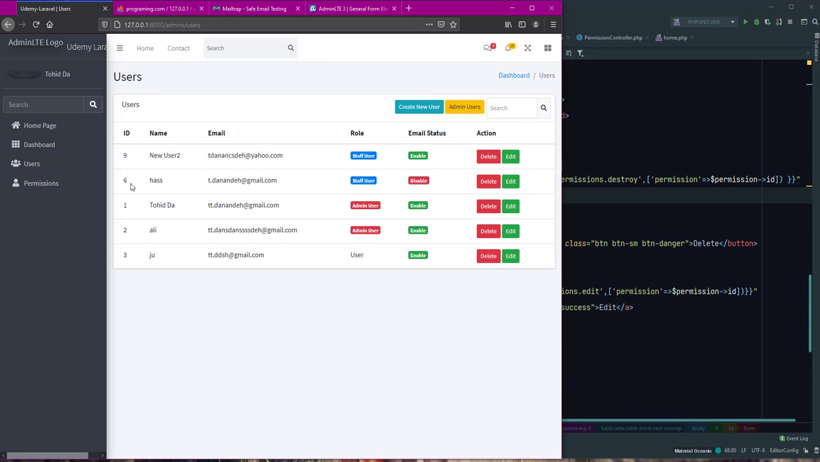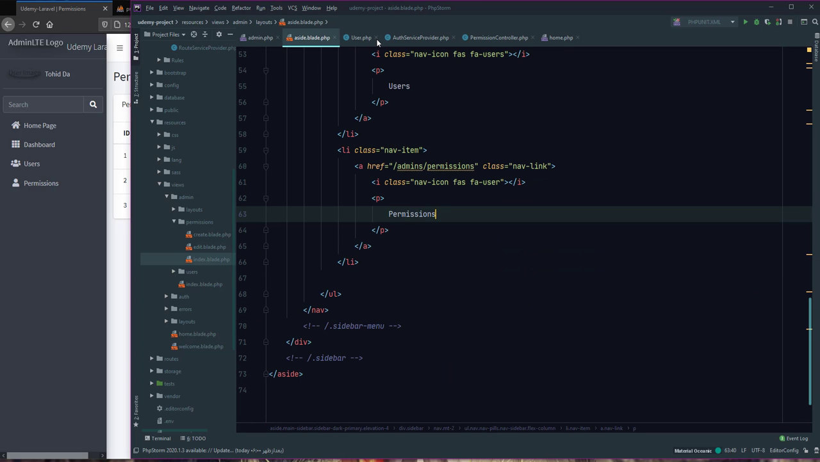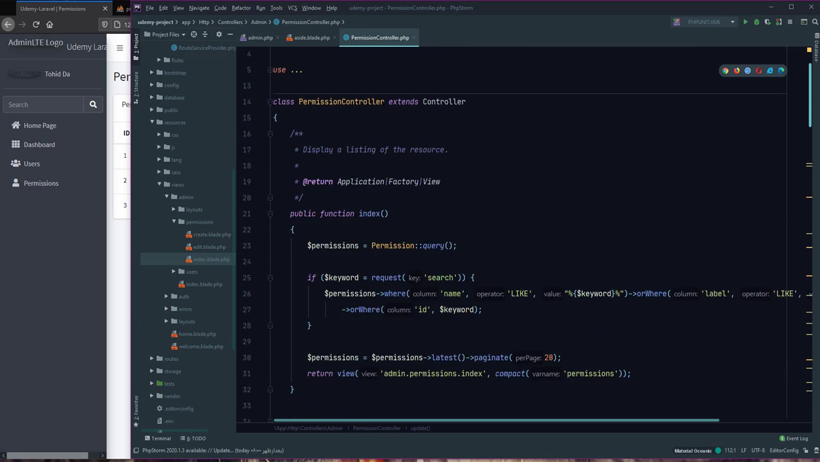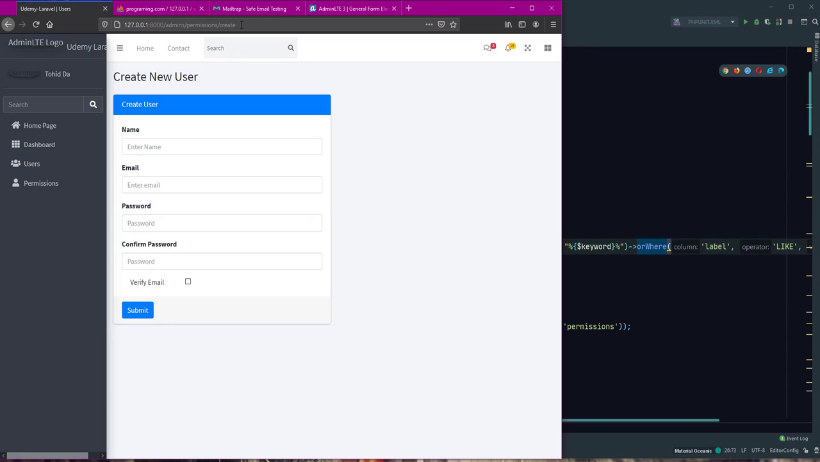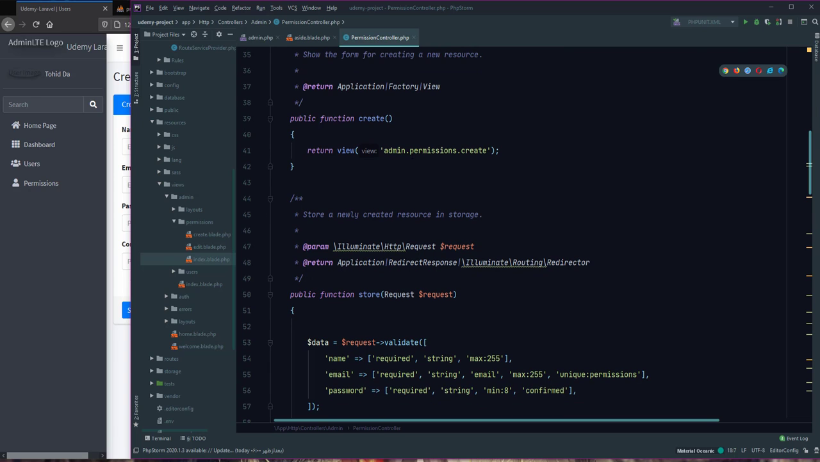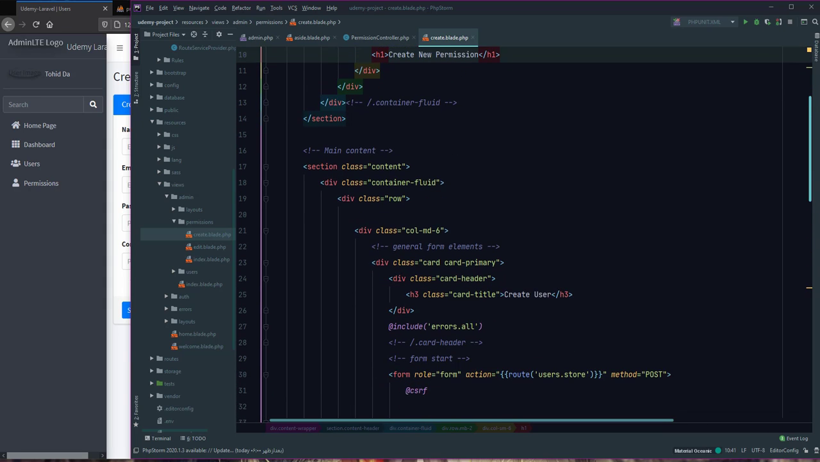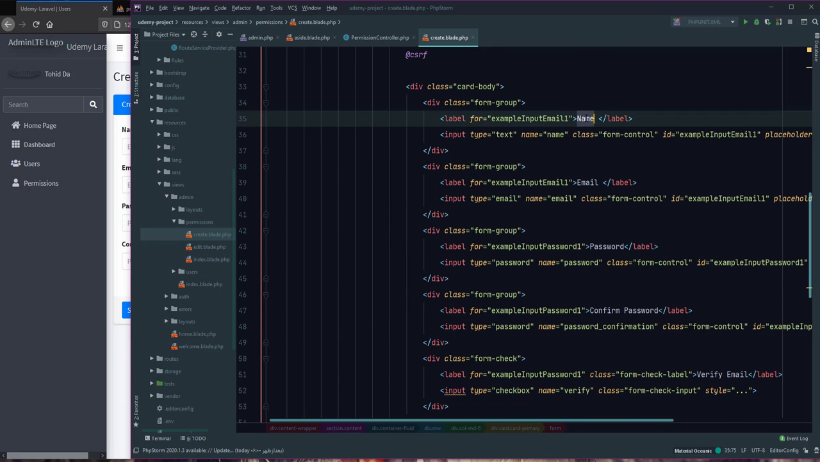delete is in this user work. I close this and close this, just use this home PHP close, and in create, if I use the create method in permissions create, I just change it to admin permissions and create, and open create and change it user to permission, okay, create permission and users to permissions store, just name and label,